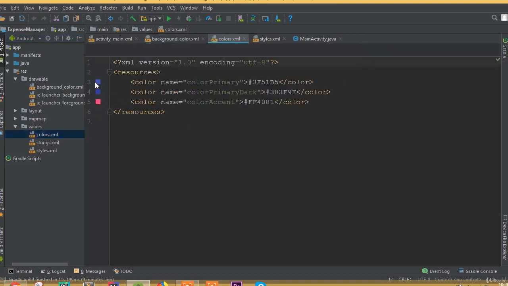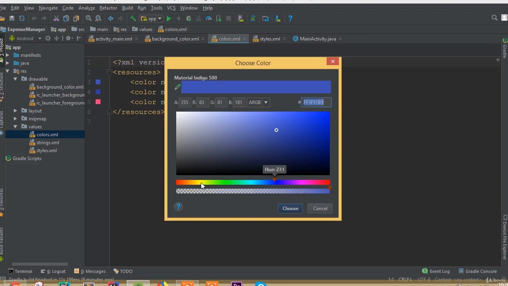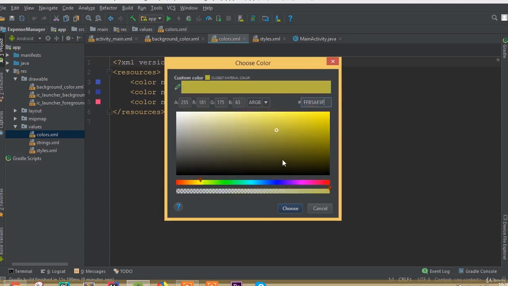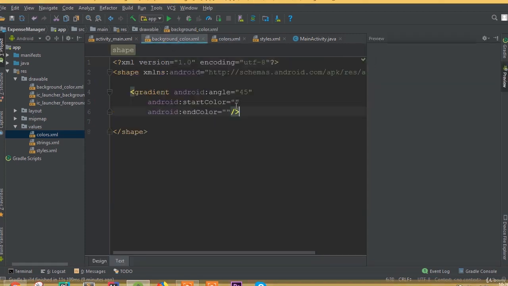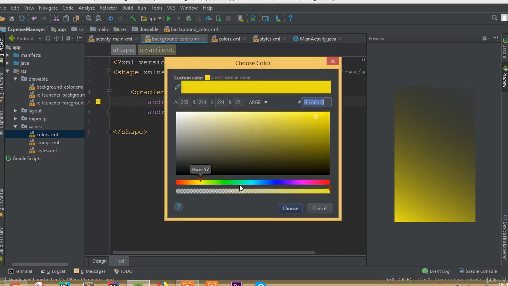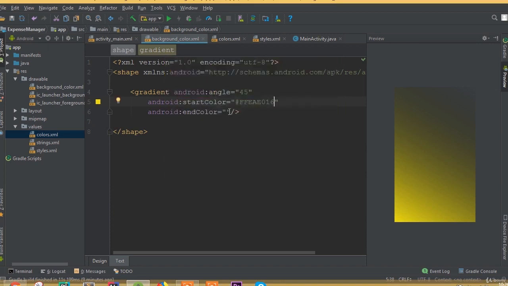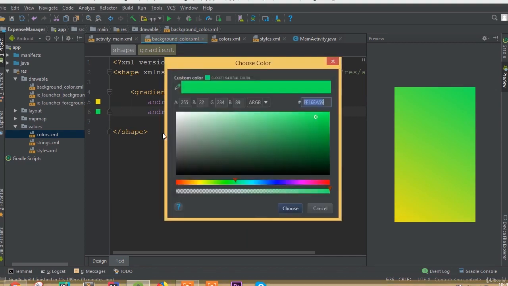So now open this color folder and generate a few colors. Generate your color whatever you want. So I would like to choose this color. So copy this color and paste it here, and we can modify it later if we need to. And we need to choose another color, or we can choose this one, and this one is for our end color. So this color, so I think we need to change this color,